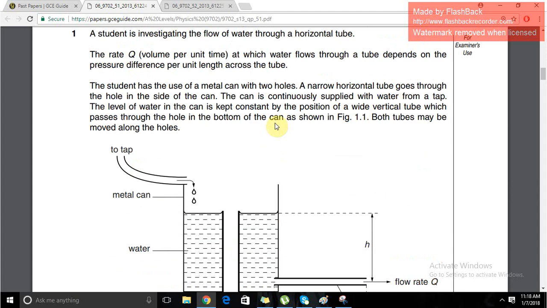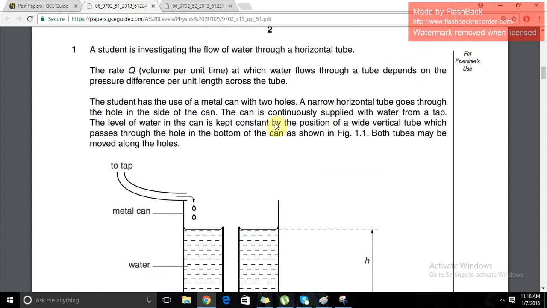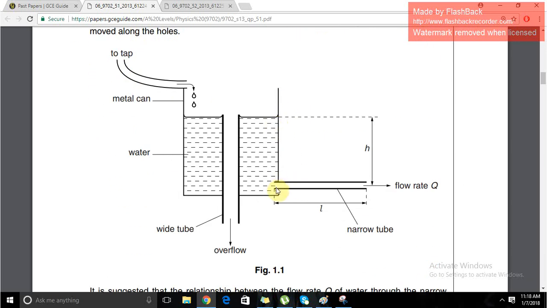Well, that gets us to somewhere over here, that the rate depends on the pressure difference per unit length across the tube. Meaning this. How do you vary that? Well, one way to vary that is to basically vary the amount of the narrow tube that is actually within, because L is obviously the total and isn't affected. But if we move this inwards,